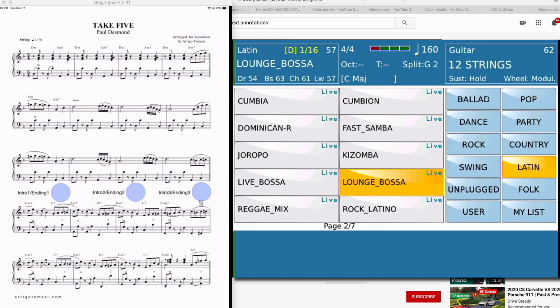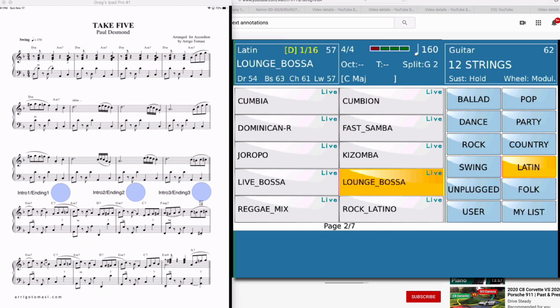And each of these 3 buttons, when you hit them on the screen on the iPad, it'll trigger an intro to run if the style isn't running at the time, or if the style is running, hitting that same button will trigger the ending to fire. Button 1 is for intro ending 1, button 2 is for intro ending 2, and button 3 is for intro and ending 3. So I'm going to go ahead and hit the first button on the left,